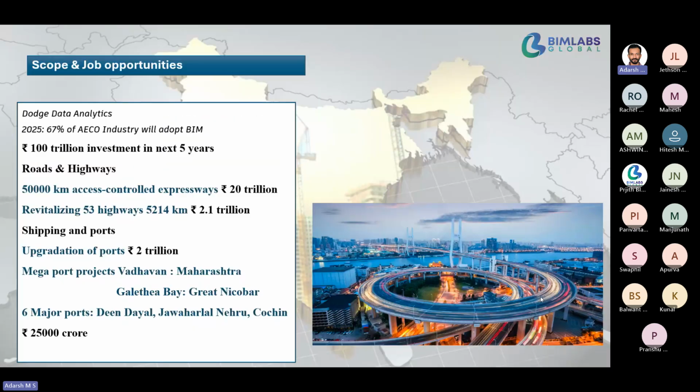And what are the scope and job opportunities if you have enough skills in this infrastructure field? This slide is based on Dodge Data Analytics in 2025, and it is predicting that 65% of this AEC industry will adopt BIM in the next 10 years. So our central government, if I'm only exploring the Indian projects right now,